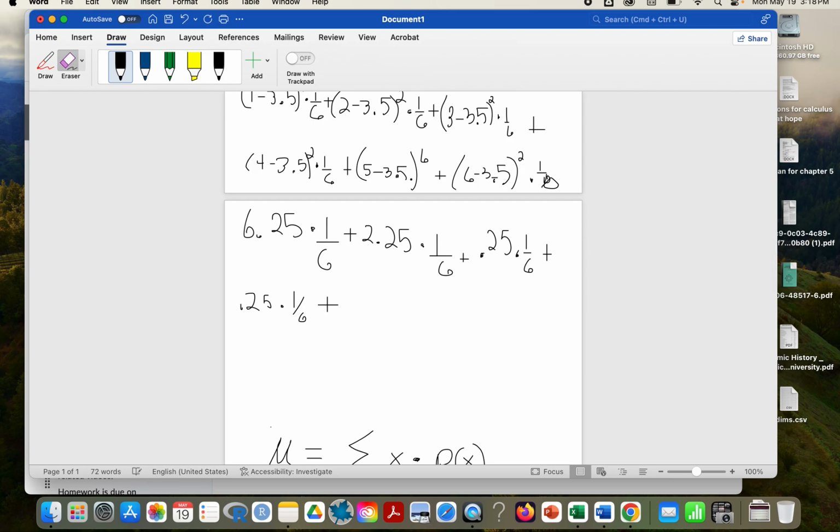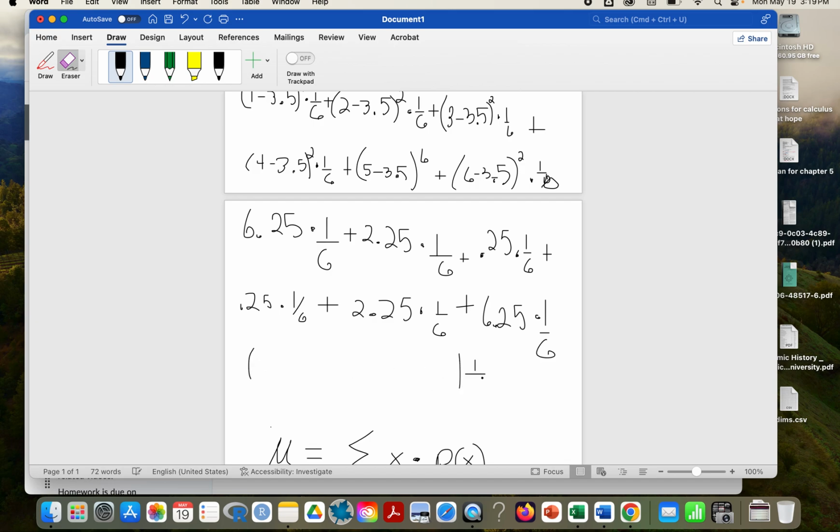So 0.25 times 1/6. And then we're going to have 1.5 squared, and so we end up with, again, 2.25 multiplied by 1/6. And then finally, we're going to have 2.5 squared, which is the same as here, except this is negative. But again, when you square a negative, you get a positive. So we've got 6.25 times 1/6. Now you can factor out the 1/6